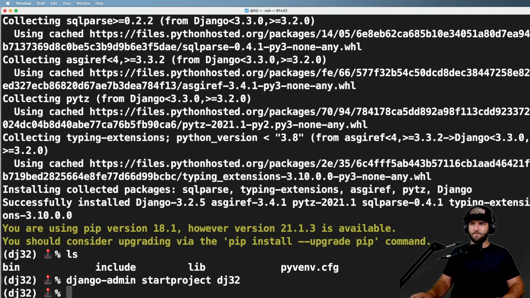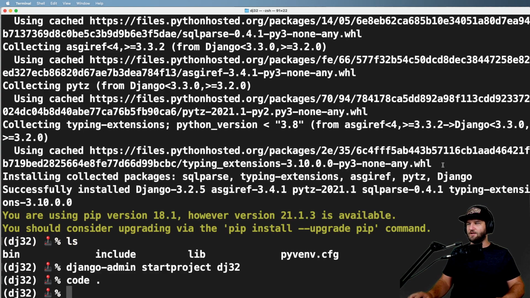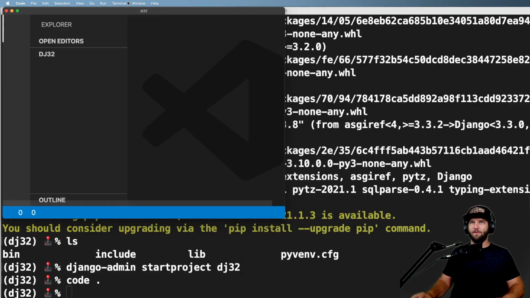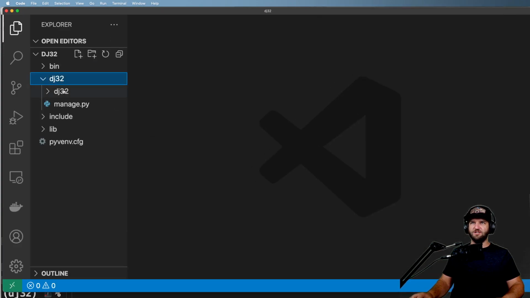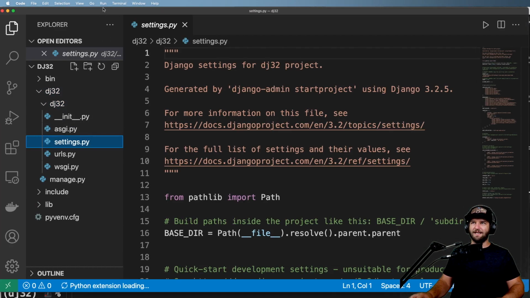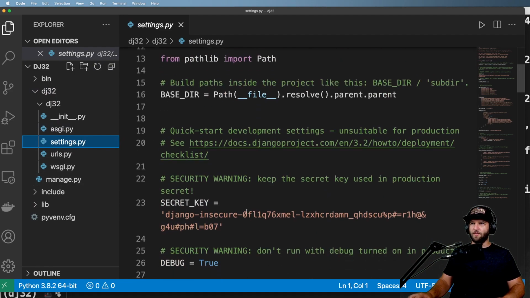Okay, so I'm going to go ahead and now do django-admin startproject, and we'll just call it DJ32. And we'll cd, or let's just do code, and we'll take a look at that project. So opening this one up, what we should see here in DJ32, let's just go into settings. Now, first and foremost, we have